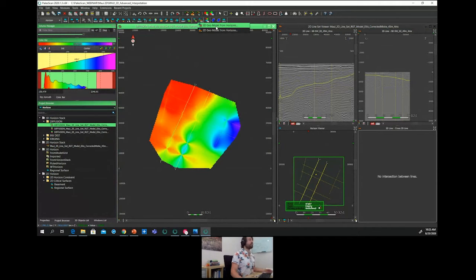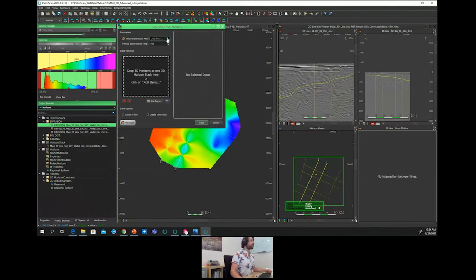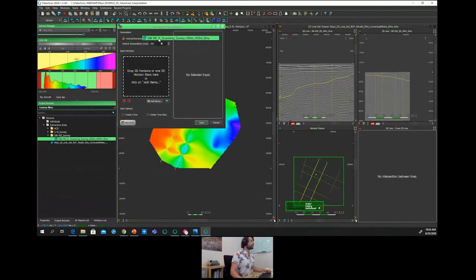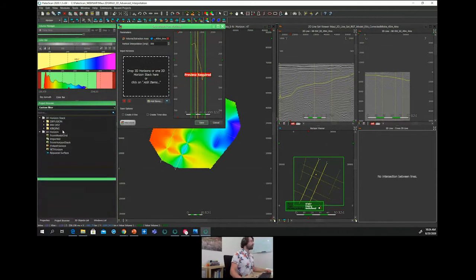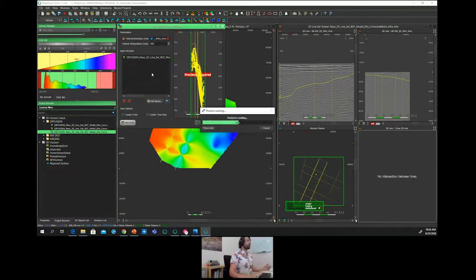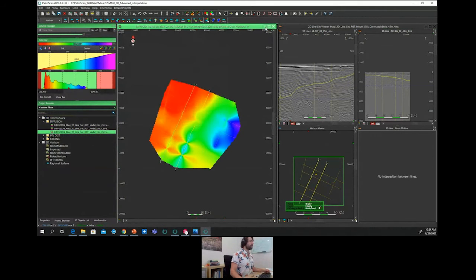In this case, a 3D model from horizons. We just have to define the survey. So in our case, we can define the northeastern survey, and we just have to drop the horizon stack corresponding to all the horizons we want to use in input.